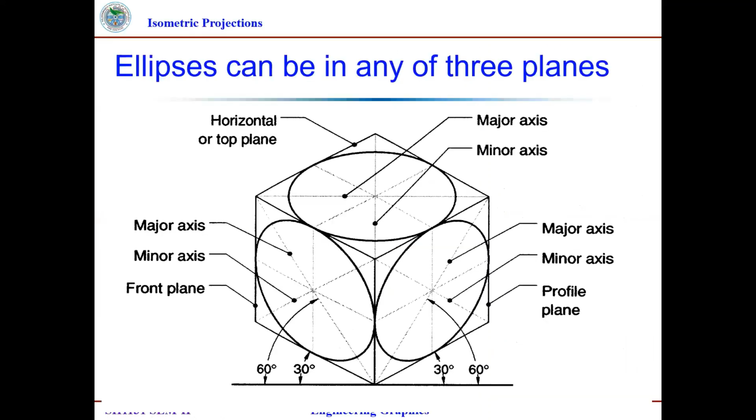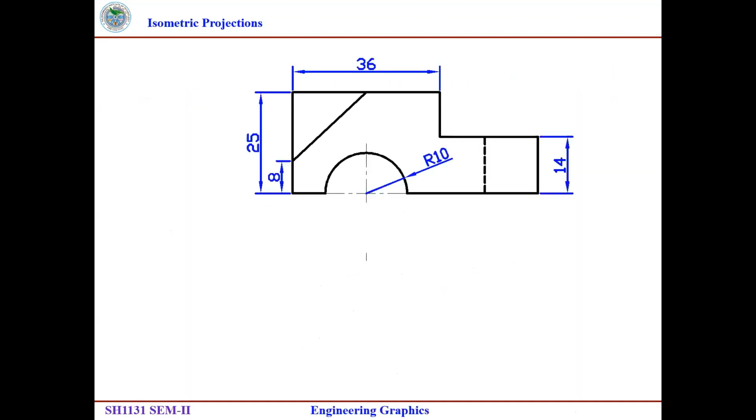Then, whenever there is a cube with a hole, how does that circular hole look in the particular isometric view? You can see here. If it is a circular hole at the top surface, then it looks like this. In the side and front surfaces, it will look like this. So it means that in isometric, a circle looks like an ellipse. Circle looks like ellipse. That's why we have to draw an ellipse in the isometric projection when drawing a circle. Okay, now a small example we will discuss.